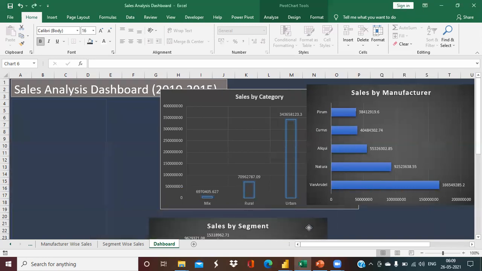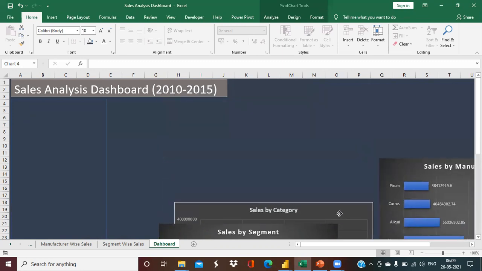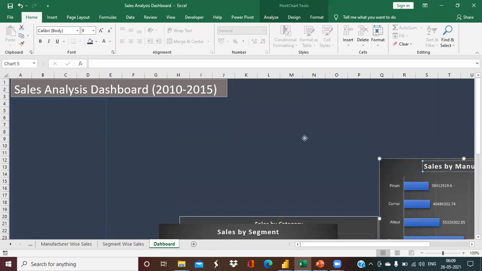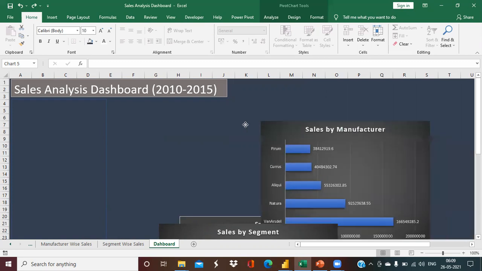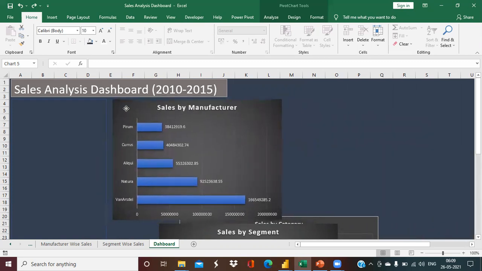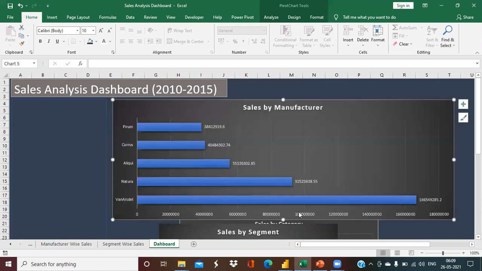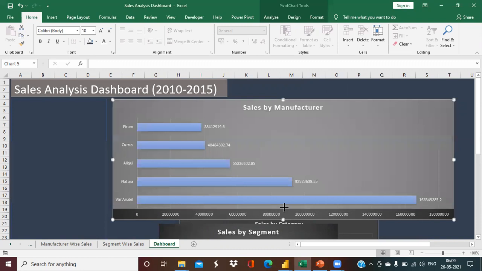I'll put this one down below as well. Don't worry, we'll adjust it later on. First, at the top, I'll put my bar chart here. You just need to adjust it properly so it can occupy a good-looking space.